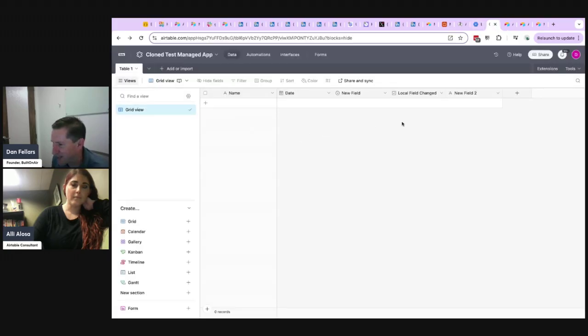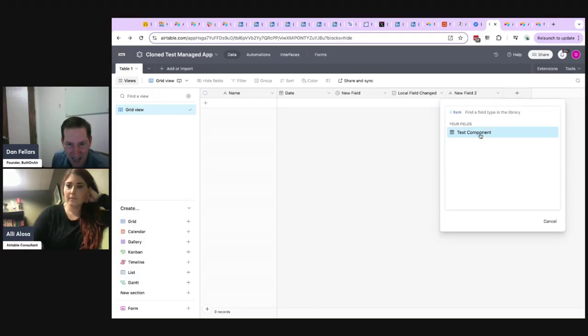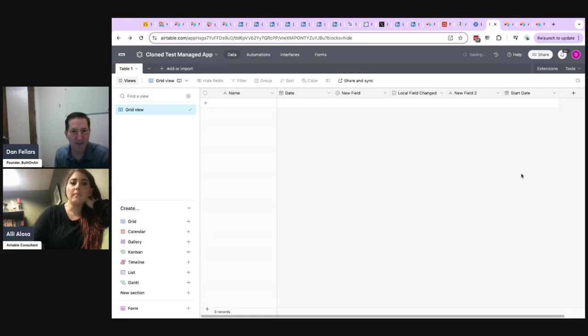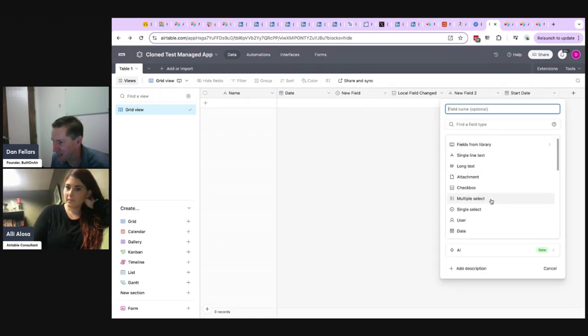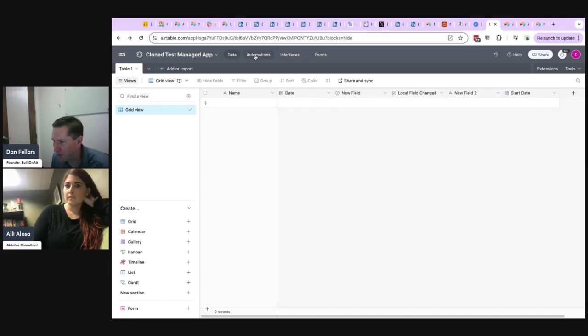If we go back to our base and I click on this, there is now this fields from library option. You can click on this, and my field comes from this test component. It's a date field, configured for the East Coast time zone and the settings that I want. Then you can just specify your own name for that date field, and you're good to go. So it's a way to predefine fields, put them into your component library, and then remember that instead of creating a new one from here, you get fields from library as well. And that works for,